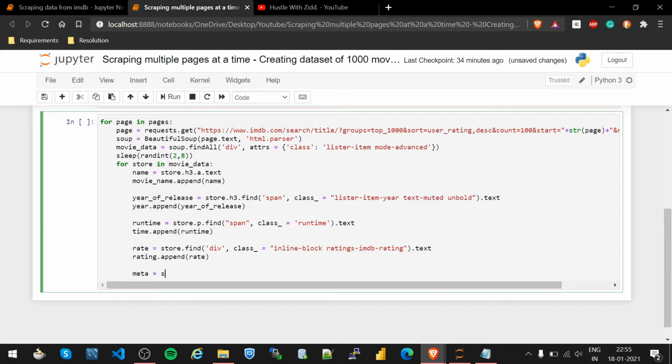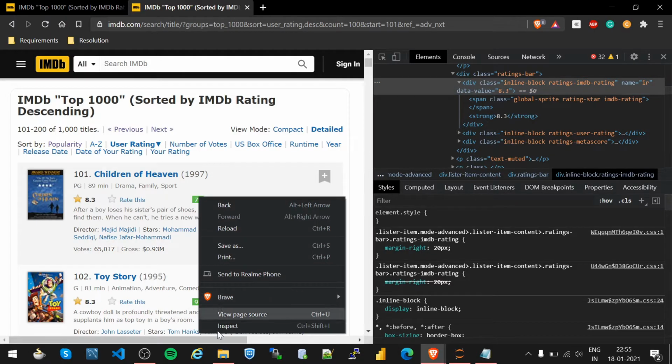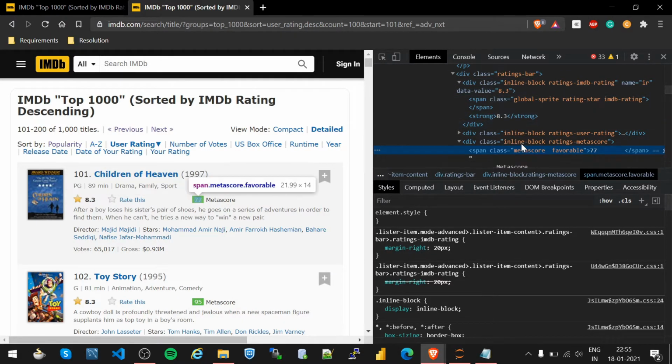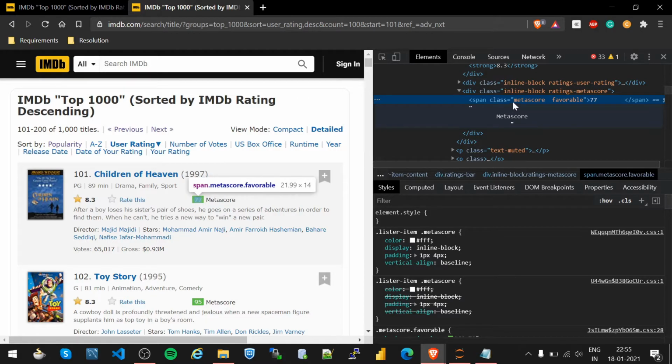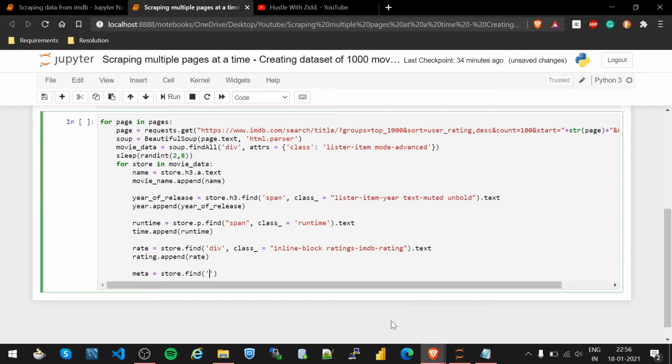I'm creating a variable named meta, and it is present in the store. store.find. So where is it present? Inspect. Metascore is present in the span which has the class name metascore favorable. So span with the class name meta